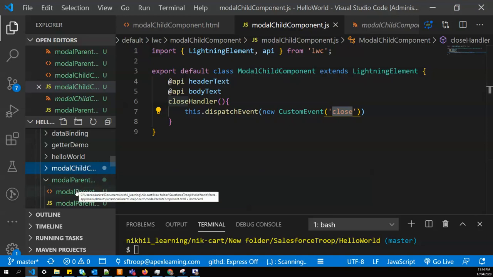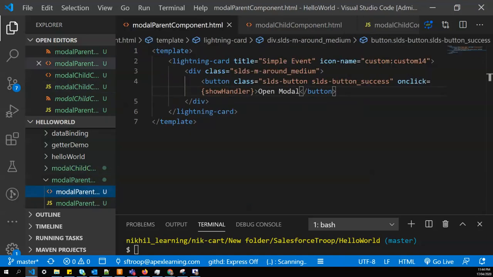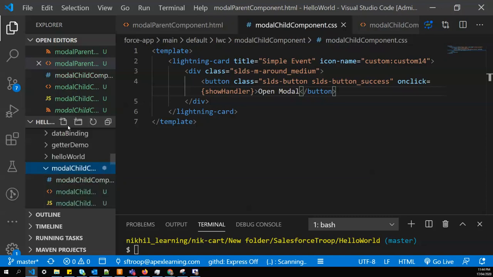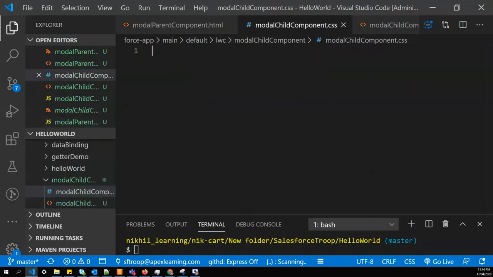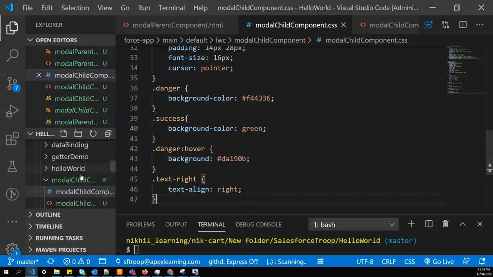Let's go to the parent component, and before that I'll create the child component CSS as well. Model child component dot CSS, and I'll just copy and paste it here.